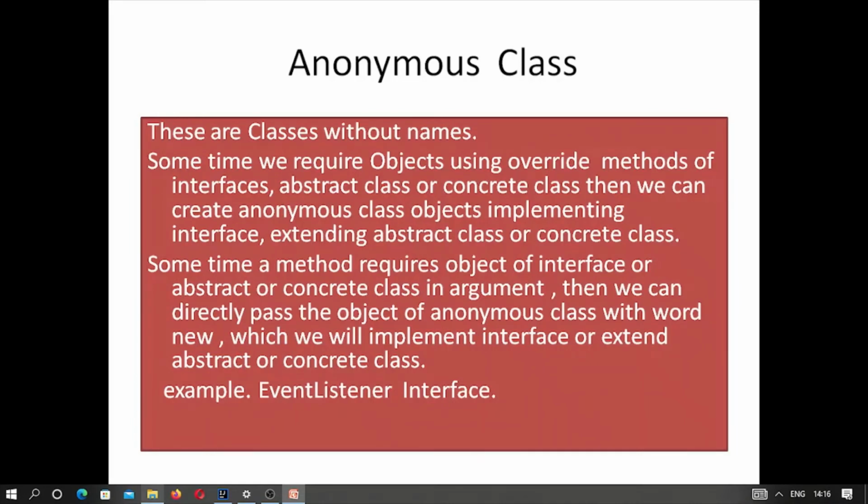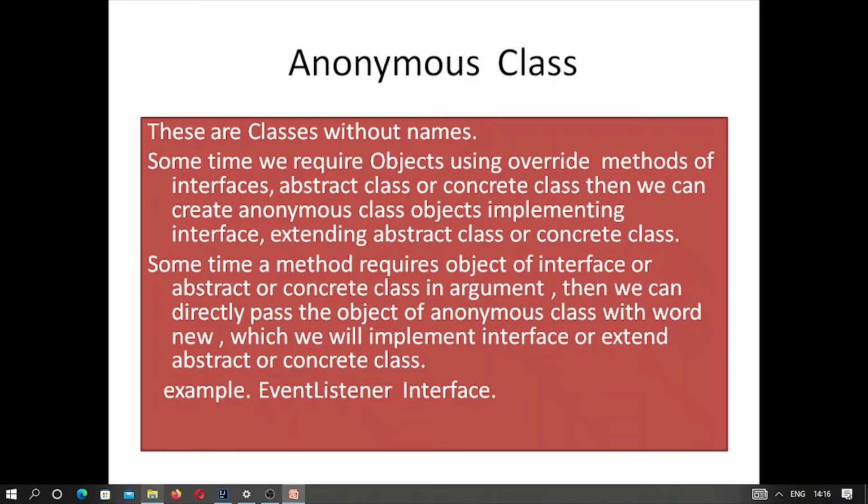When we are doing GUI based programming and we want an object of an action event listener, which is an interface of type event listener, or we want any method that takes as a parameter an object of an action event, in that case we simply create an anonymous class implementing the event listener, simply by using new.